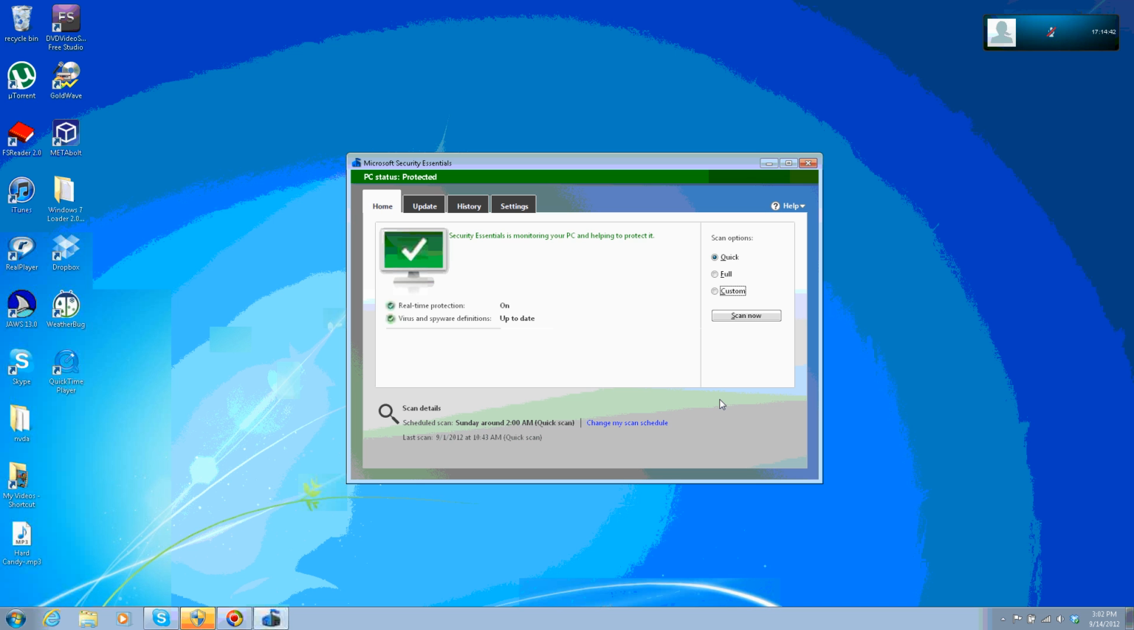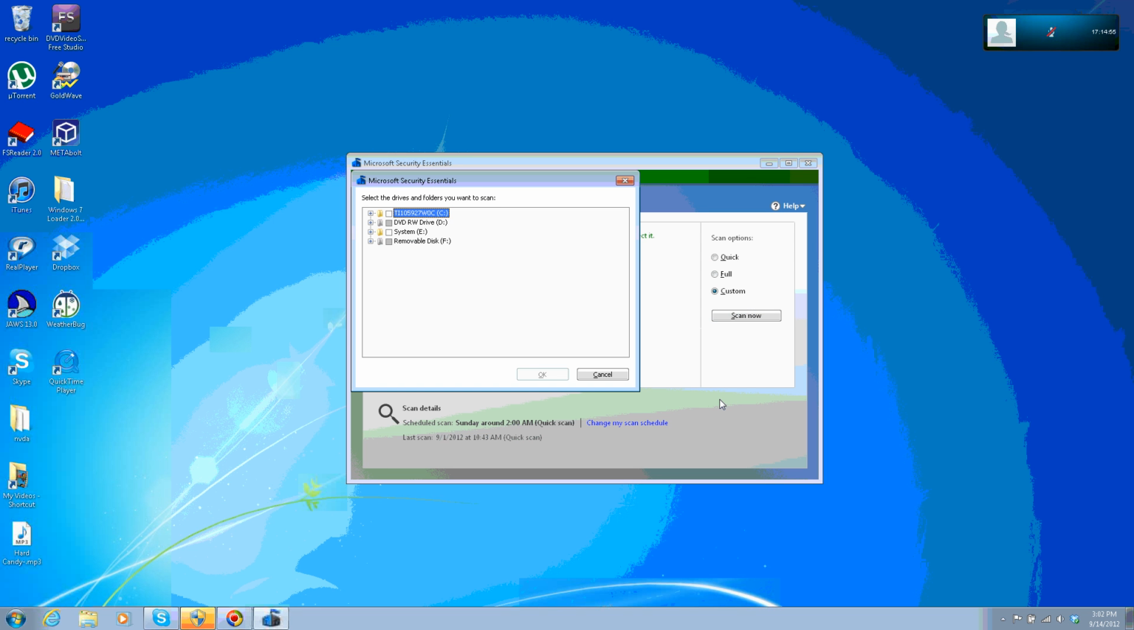you can also set it, and if you look at custom here, if you hit scan now, you see that? You can go through here and select if you have an external hard drive. You can scan that external hard drive. You can set it to select a folder or file, anything. But